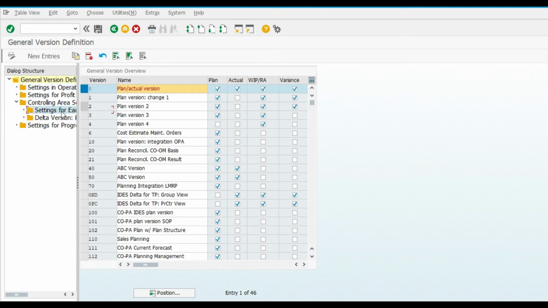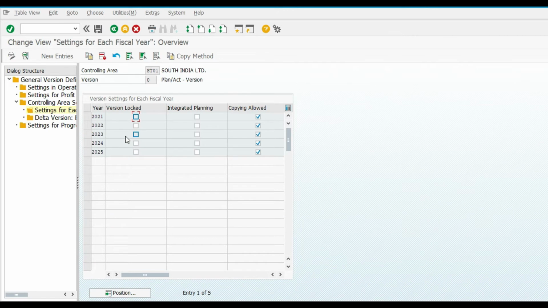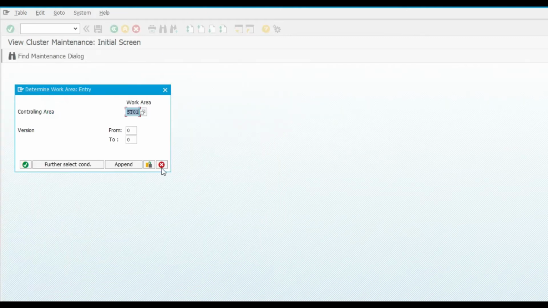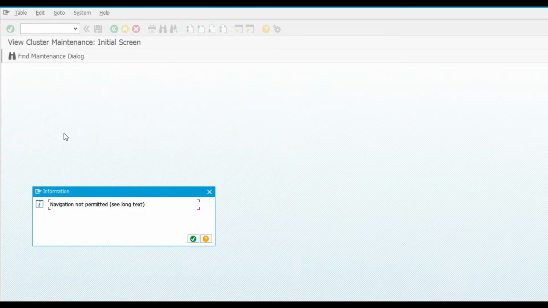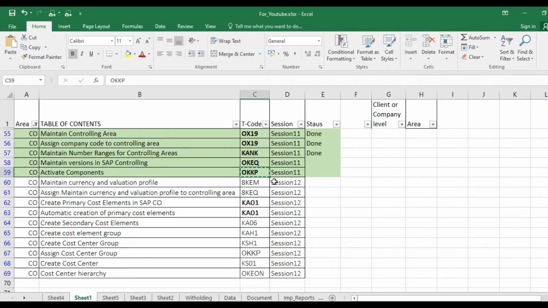Click on 0 and click on setting of fiscal year, ST01. Now we have to enable this one, version locked, copy allowed. So this is allowed. Plan actual enable. Now save, transport.